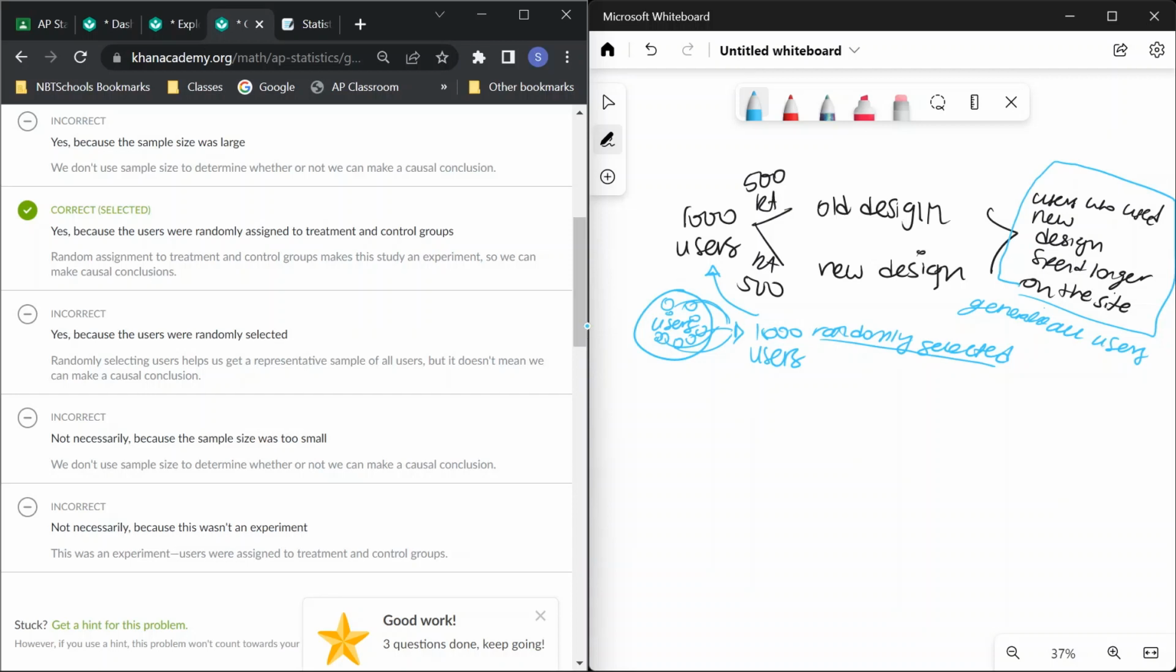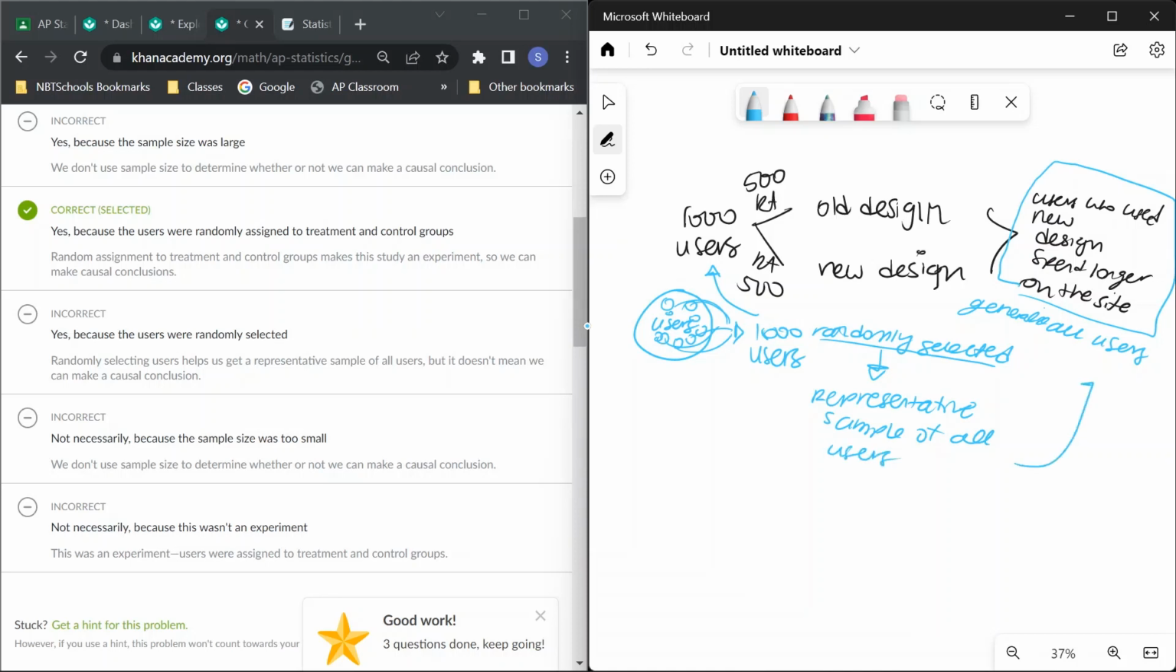Oh, so to further emphasize the point, because we randomly selected, it's more of a representative sample of all users, which is why you can generalize your results to all users. Well, if you don't randomly select and you just take a bunch of volunteer users, like 1,000 users who volunteer for your experiment, then that's not representative of your sample. That could just be people who really want to